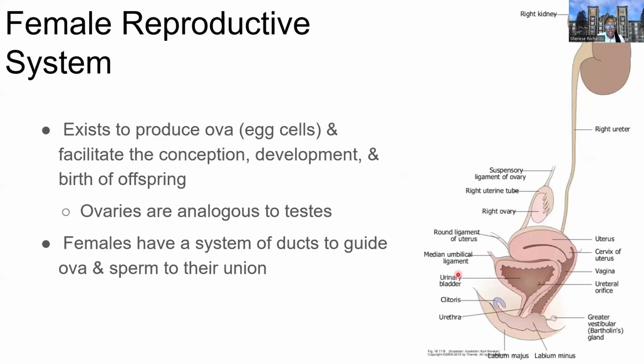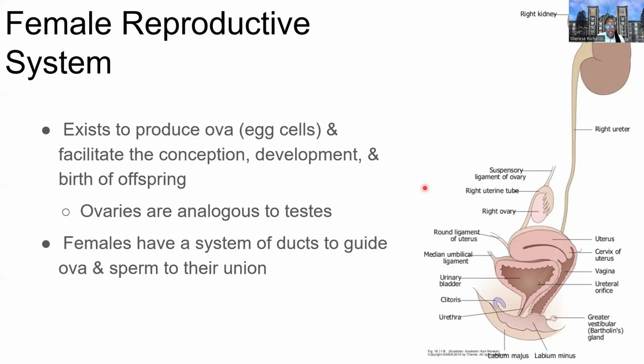Let's look at the female reproductive system. So we're going to make our way from the urogenital system and look at the reproductive structures. We want to start with the females and think about the gametes here. So the ova, which are the egg cells, are what help to facilitate conception. These are the female gametes, and these are being made and matured in the ovaries. The ovaries are analogous to the testes in males. So the female gametes mature in the ovaries, the male gametes would mature in the testes, and they're both paired